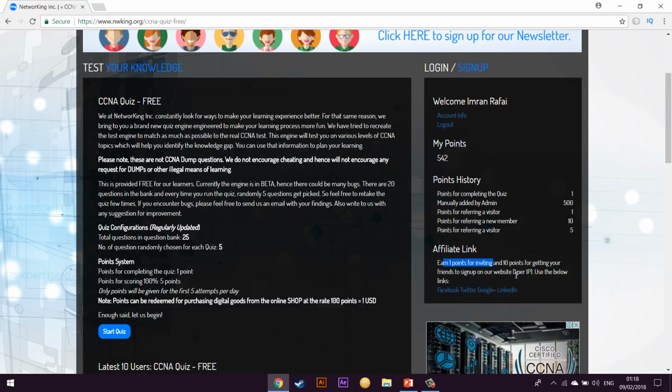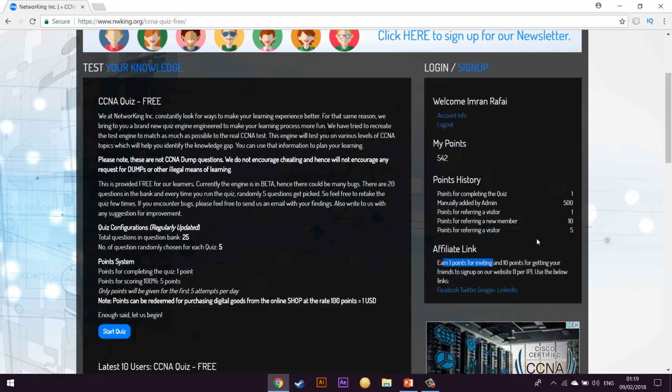Genuinely share it. You can click on Facebook to share on Facebook, Twitter, Google Plus, or LinkedIn, and every time you share, you can put a message saying why you're sharing this. And if people in your friend circle are interested and they come to the website, you would be given the points that are due. So that's how you get points.